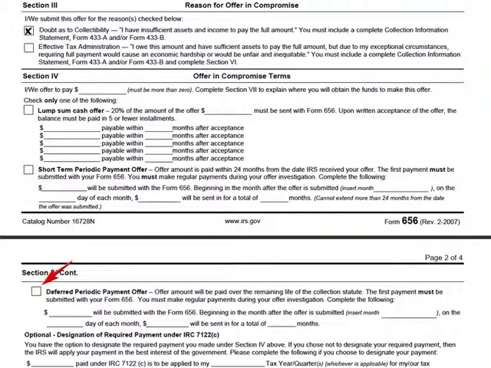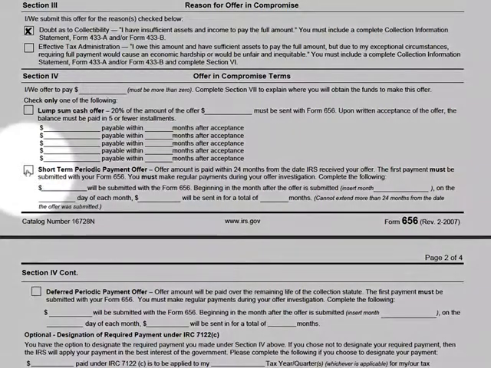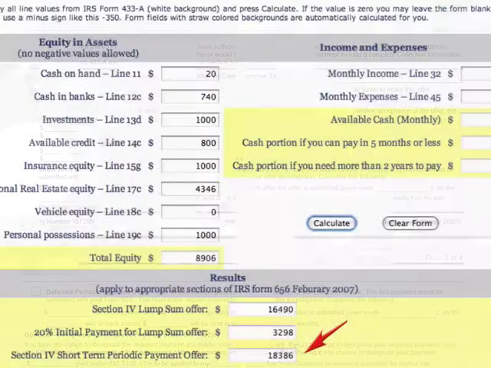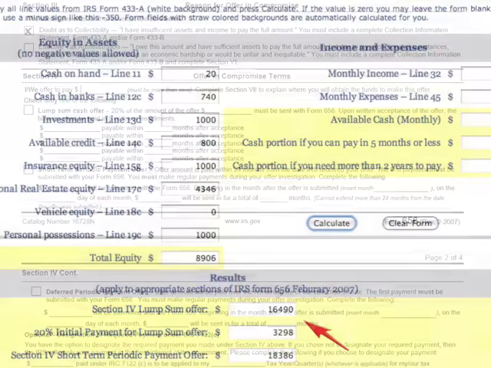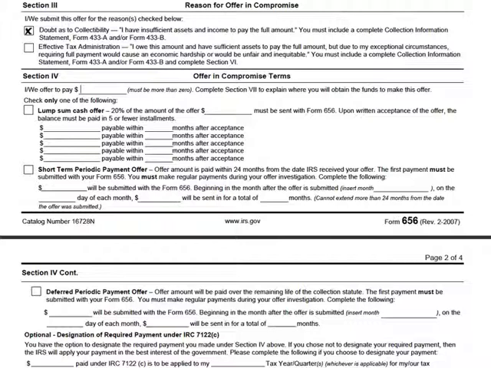The deferred periodic payment offer, that's something we just don't want to deal with. You will not deal with this in the basic Tax Freedom Toolbox. So let's talk about the short-term periodic payment offer. What's that? All right, we can go there. You will notice it is much more expensive and it takes longer to pay off. That should be your second choice. Your first choice should be your lump sum offer.